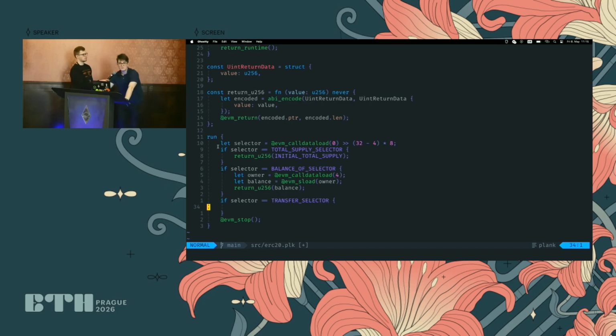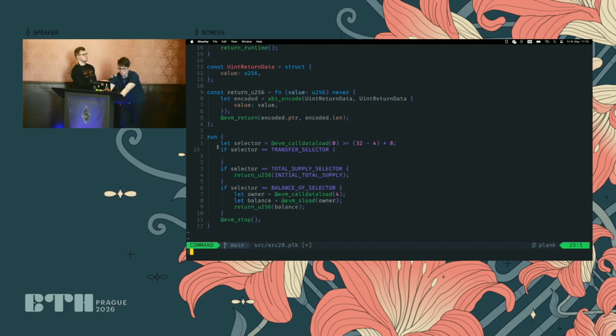What's interesting about doing everything by hand like this is that when you do want to optimize, for example, the selector order, because this is the actual code that Solidity would emit as well, right? It checks the selector one by one by one. If you have a specific function that gets run very often that you want to cost lower gas, you can just move it up. Versus in Solidity, there's no easy way to do this. You can use the fallback and you can manually, in inline assembly, do the same thing.